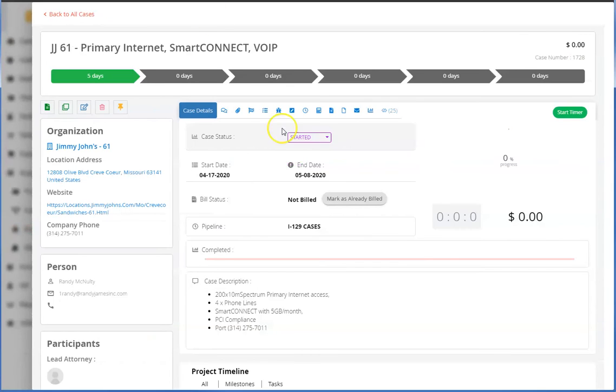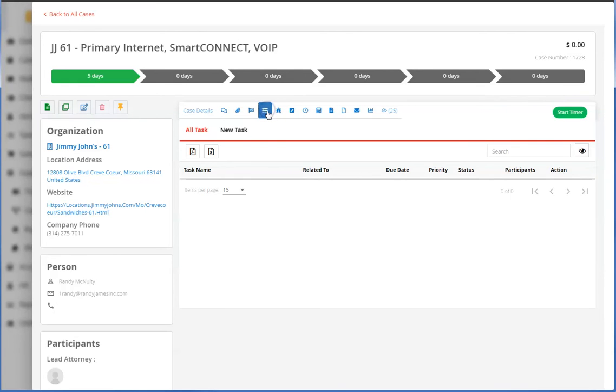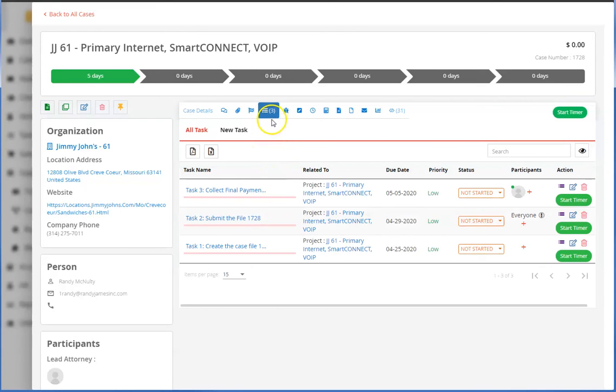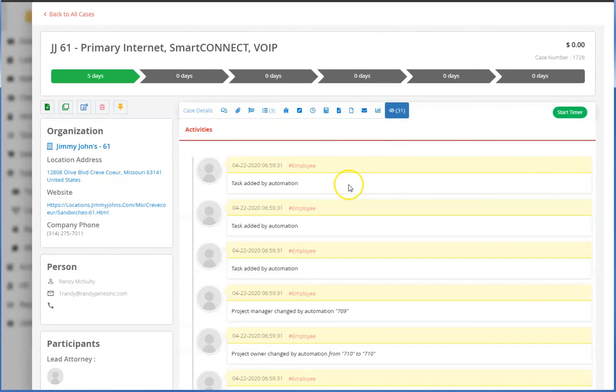Now we're going to go ahead and switch over to this. You could see that this project, the status is started. There are no tasks, but as soon as we switch the tab, we could see that the tasks were automatically created. You can see this one is assigned to myself, this is assigned to everyone, and that one's assigned to a specific user, for example. And that's how easy it is to create these automations. And you can see here the tasks were added by automation in here, the project manager was updated, and so